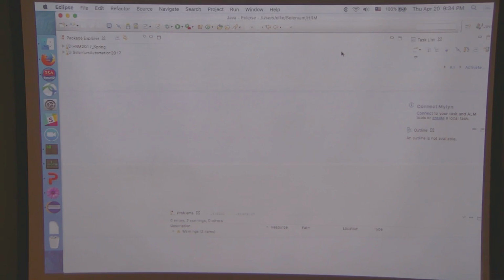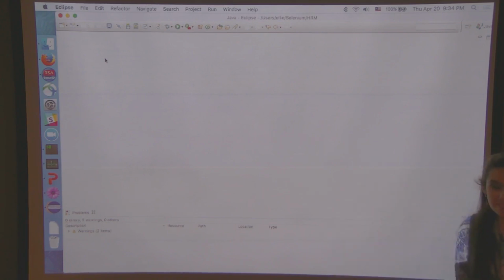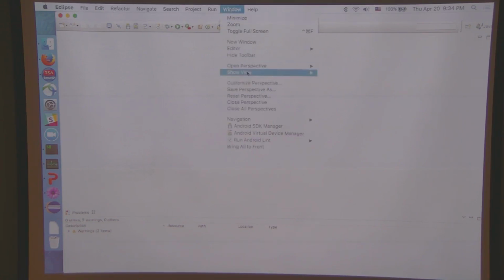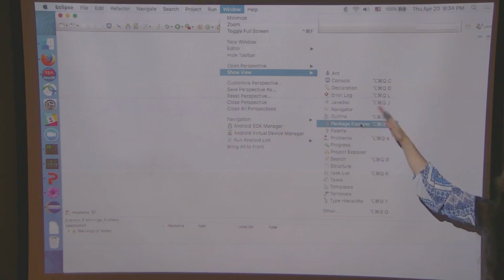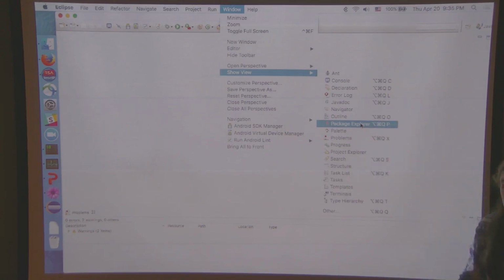Now let's say that I actually didn't want everything back. I don't want this guy, and I don't want this guy, and maybe I don't want this guy or this guy, right? But I really do want that guy, the one that was on the left. I want that Package Explorer. So I don't want to reset the whole perspective. I just want that one thing back. Not a big deal. Window, Show View, Package Explorer. All of your associated views are here. So if something disappears, Window, Show View.